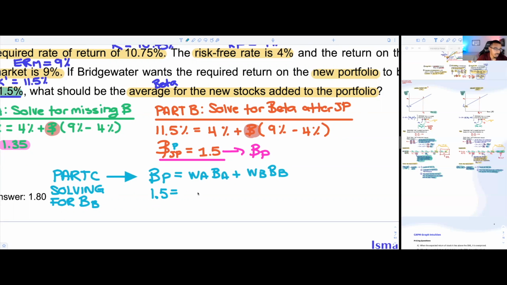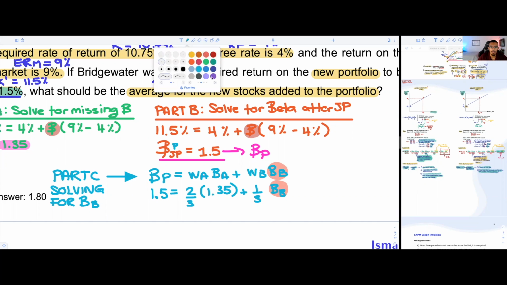1.5 times essentially 66. You could write 2/3 if you want, it'll be easier. So the weight of A would be 2/3 times the beta of A, which is going to be 1.35, plus 1/3, which represents their investment in JPMorgan, times the beta of JPMorgan. So as you notice, this is the information that we don't have, and we just got to solve for X. This will literally be our X. We call this X. And then by just plugging everything in within our little calculator there, we would get that